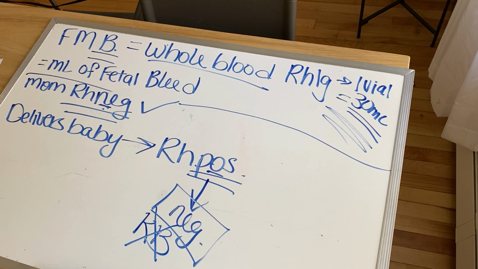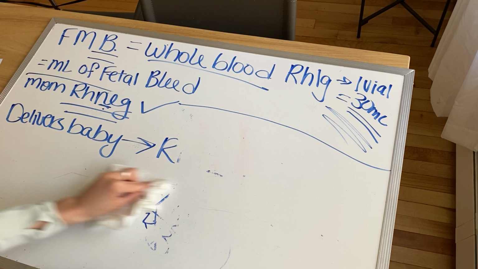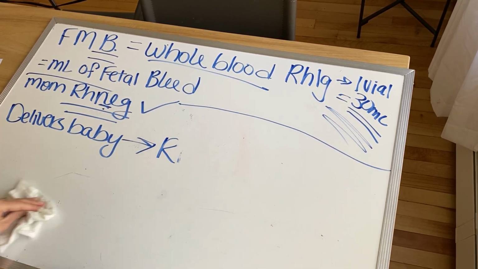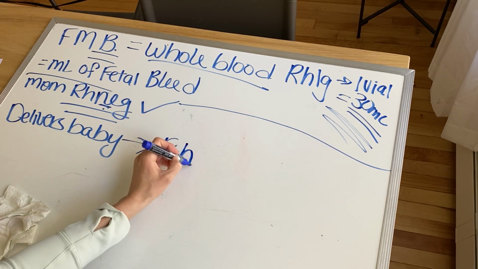If the baby is Rh negative, we do not do a Kleihauer-Betke. There is no point because we're not going to give RhoGAM. We don't care about protecting the mom from the baby because the baby is Rh negative and does not have any Rh positive antigens on them, which means there will be no risk of developing a true anti-D. So we're only going to do this stain and this workup and this calculation if the mom is Rh negative and the baby is Rh positive,